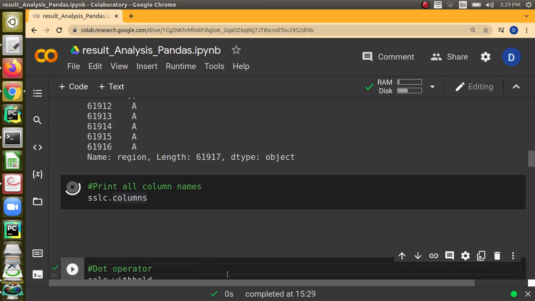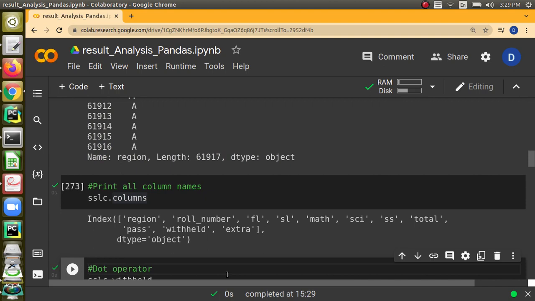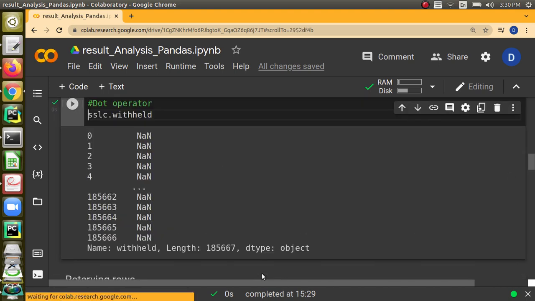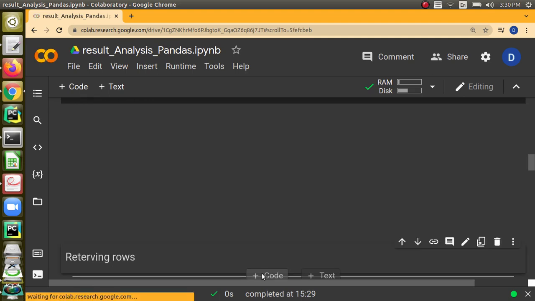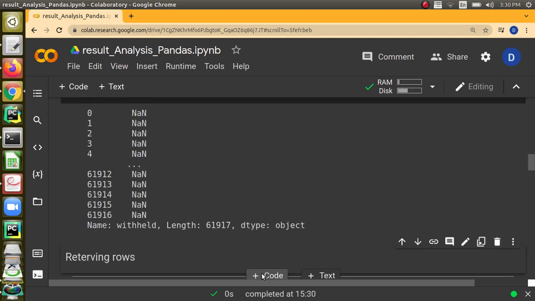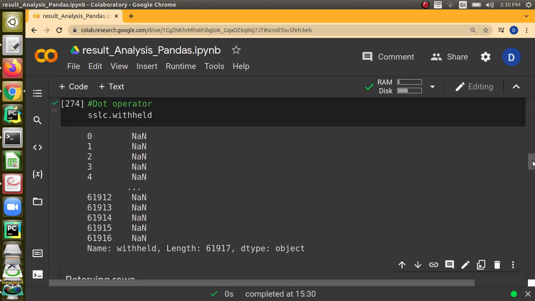Let me first print all the column names. You can print all the column names with data frame dot columns. If you write it like this, it will print the list of column names of the data frame. And to access a column the other way, give the data frame name, then dot, followed by the name of the column, and we need not put any quotes for the column name.